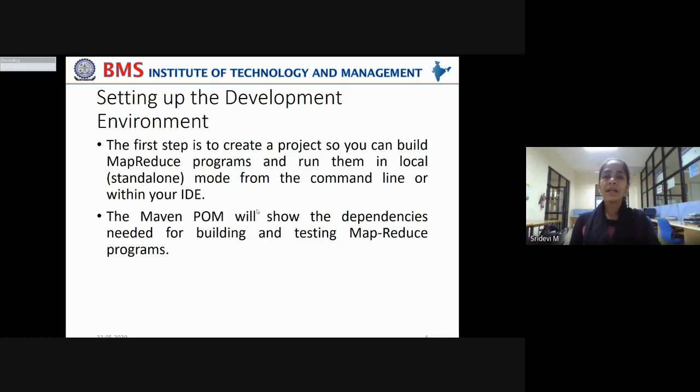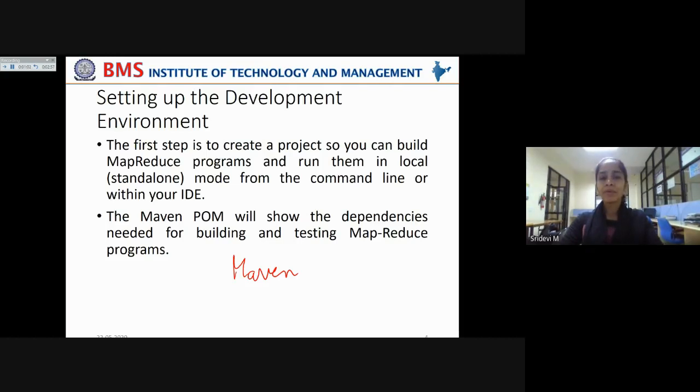Now for this building up of the project, you can use a build automation tool like Maven. Maven is a build automation tool which will help you to automate the entire building process of a project, in order to build the entire project in an automated way. Means it provides proper IDE support which assists you in building the project so that you can build your MapReduce programs within that project.